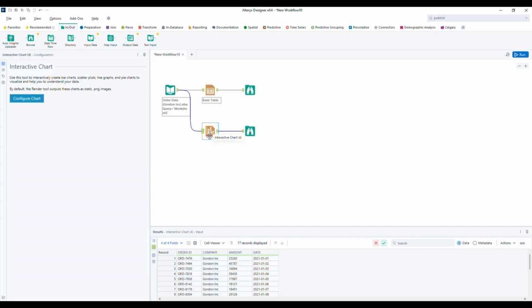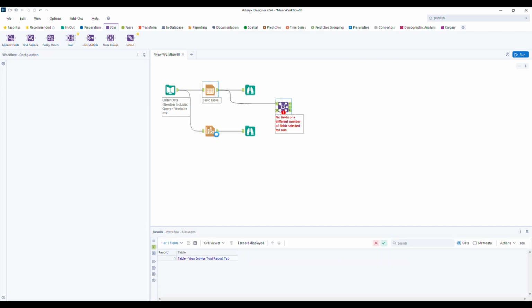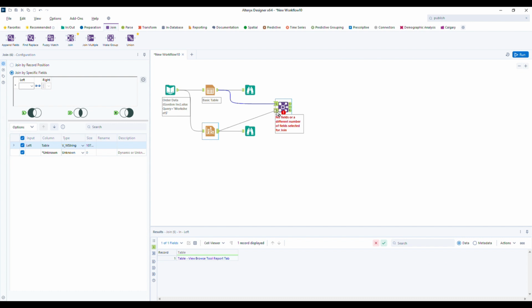What if we want both on the same page? For that we have to use the join tool. Go to join and bring the join tool onto the canvas, with the table to the left and the chart to the right. Here the join condition will be join by record position. That's it.